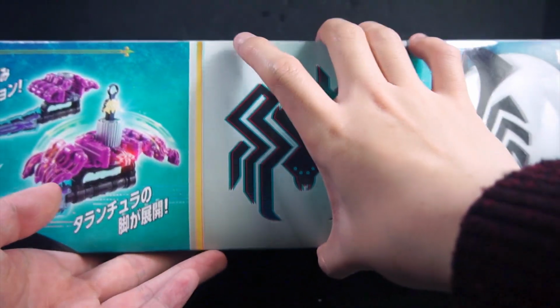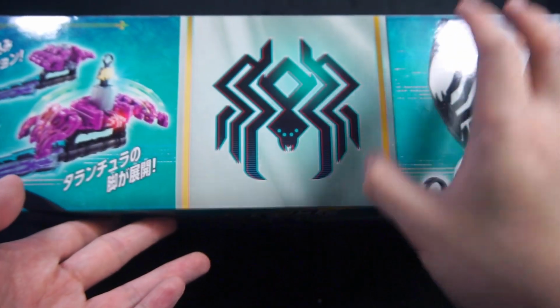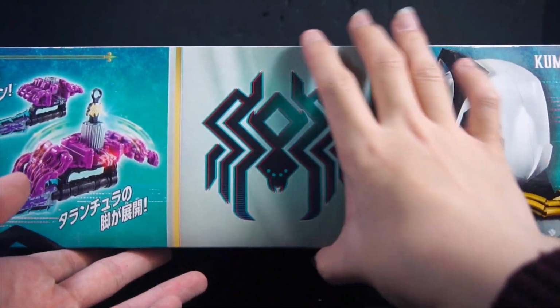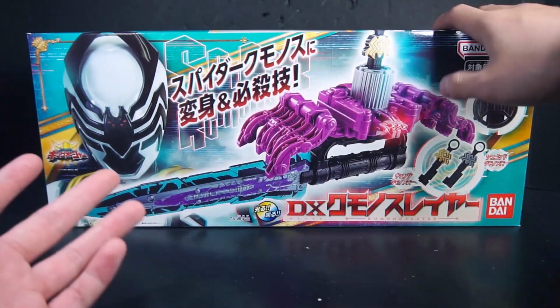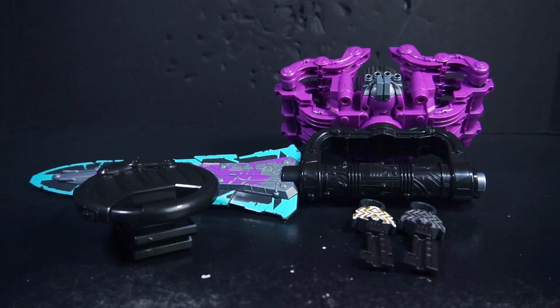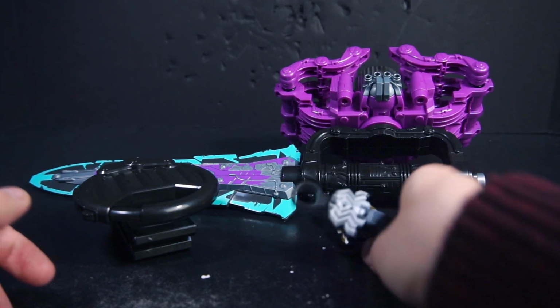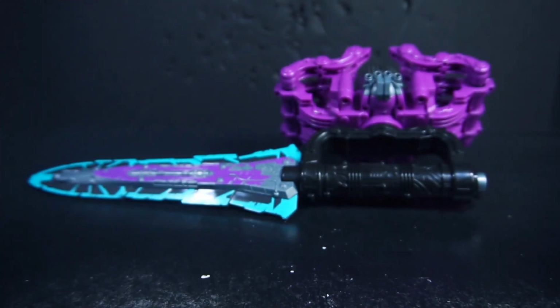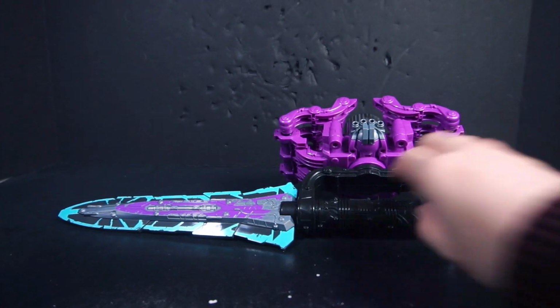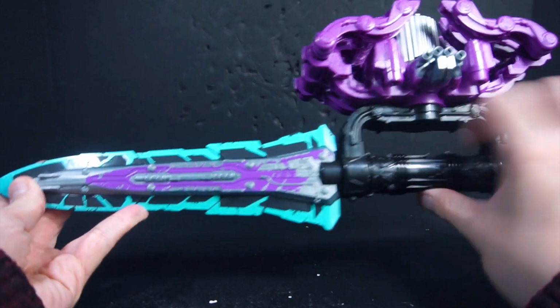I really like this box overall. It's just, I think it's made out of recycled cardboard, which makes it a lot flimsier, which is kind of unfortunate. So here we have the contents out of the box. We will remove the Kumonos keys and the holder and take a look at the Kumonos Slayer, to which overall